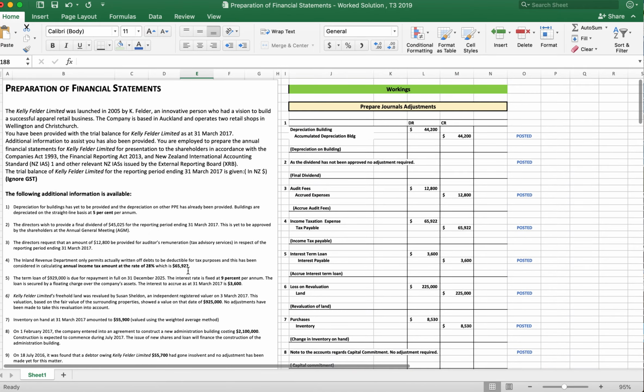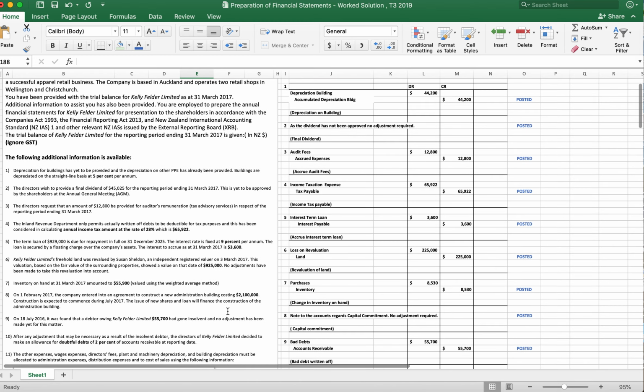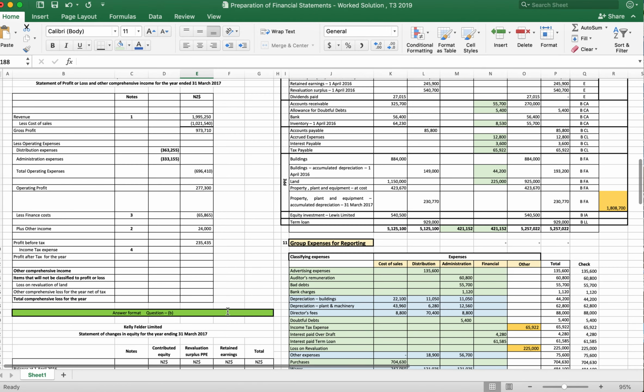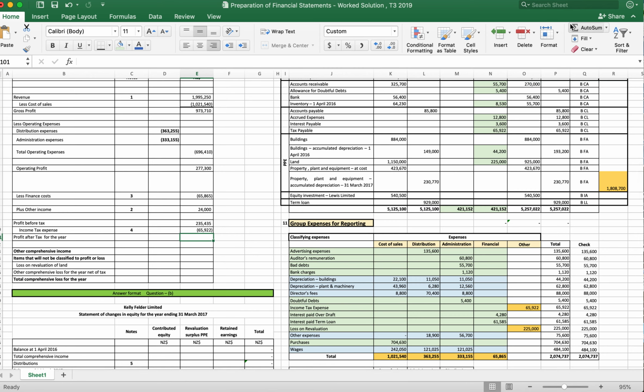Obviously you just use the figure provided, but I'm just changing this question so that it does end up being 28%. It should ripple through everywhere, which is good. Okay, income tax expense is what we've calculated, what they told us. It gives us a profit after tax of that. Then there's the